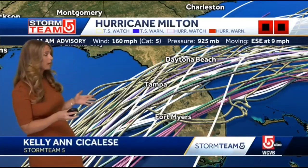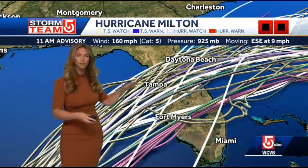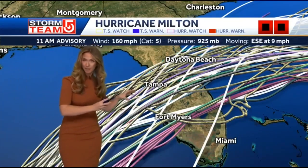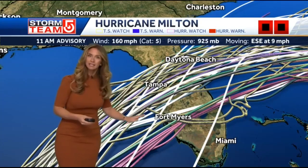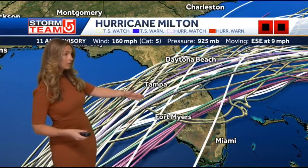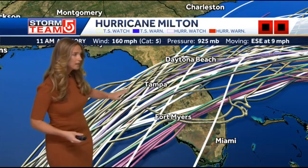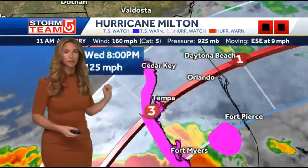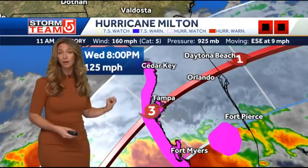And you may see why here. This is a spaghetti plot showing all the different computer models. And notice how they're now focusing more in on the Tampa area and less to the south. The good news is it doesn't appear it'll take more of a northward track, as a lot of these models are focused toward Tampa. But because of that difference that we're seeing with the computer models, you could see that